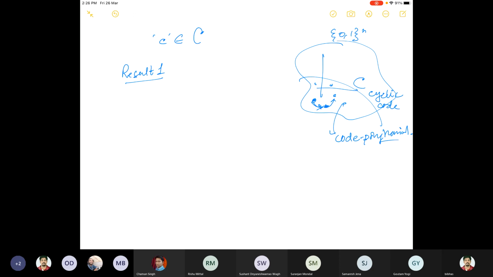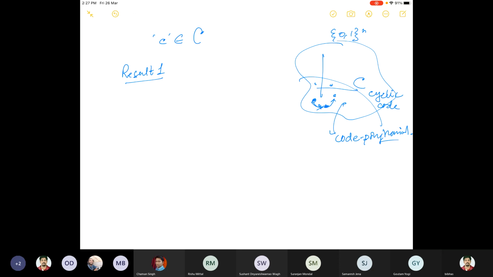For that, the question here is: given any n and k, can we construct a cyclic code at all? What about its existence? We have seen that for any n and k, we can of course construct a linear code, because we can construct the generator matrix or the parity check matrix. So everything is known. But here, in addition to the linear property, we have the cyclic shifting property. So the question is, for any given n and k, will we be able to find a subspace which has this shifting property or not? This is the first question.